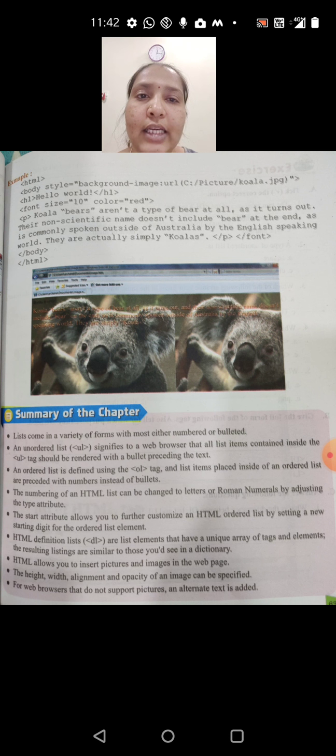In the image, some sentences are shown in the web page. What is the background? One picture will be there, and with the background of some pictures, they have written some sentences. To do that, these codes are used as shown in the textbook. This is all about your fourth chapter.